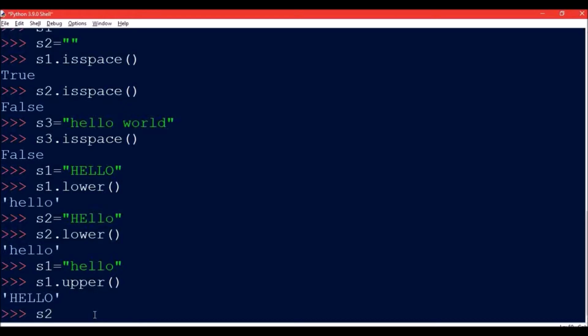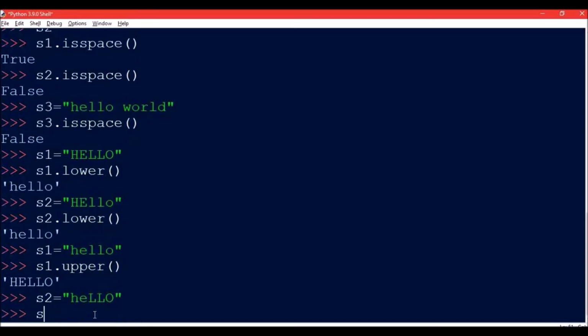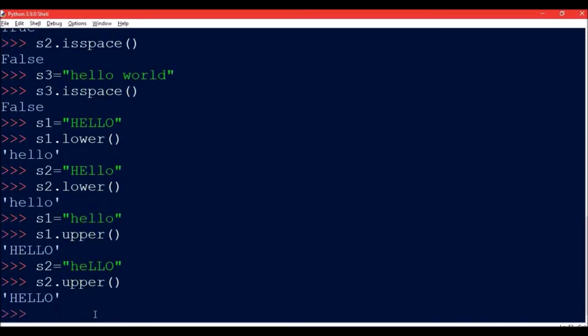And if only a few are there, let's suppose I write HE and LLO. So I am writing HE in small, and if I write S2.upper, now in this case LLO are already in capital, so they will be printed as it is, and HE were in the lower case, so they have been converted into the uppercase.